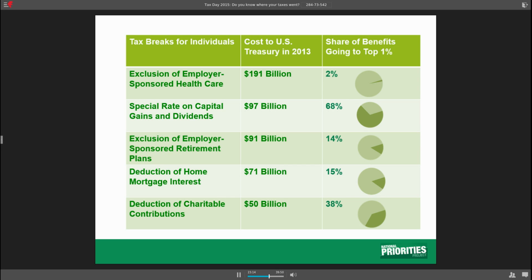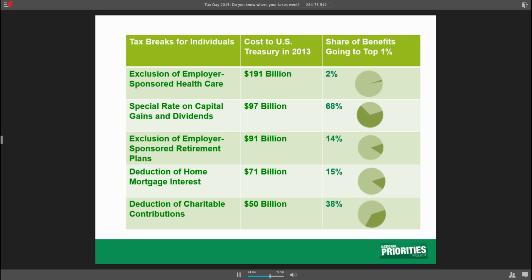The next biggest is the special rate on capital gains and dividends. So capital gains and dividends, which are investment income from things like investing in stocks and bonds or real estate, are taxed at a special rate that's different than other income, a lower rate. And the value of being taxed at that lower rate costs the US Treasury $97 billion in 2013. Now, of that $97 billion, 68% of it went to the top 1% of earners. It's largely because a lot of lower income people don't necessarily have capital gains and dividends to earn that lower rate. So this is really the worst offender when it comes to tax breaks that benefit the well-off,